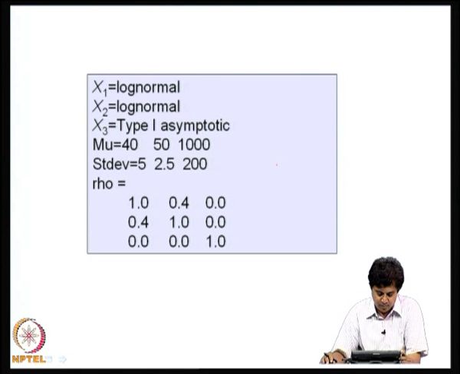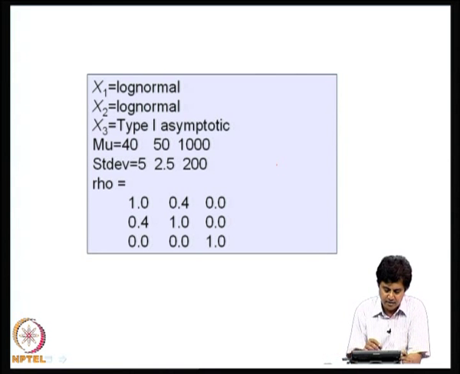I have one more example: x1, x2, x3. x1 is log normal, x2 is log normal, x3 is type 1 asymptotic, and the target mean is 40, 50, 1000, standard deviation 5, 2.5, 200, and the correlation coefficient matrix is this. So, we can run through